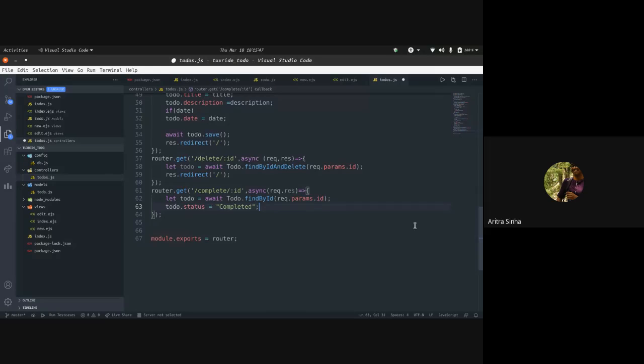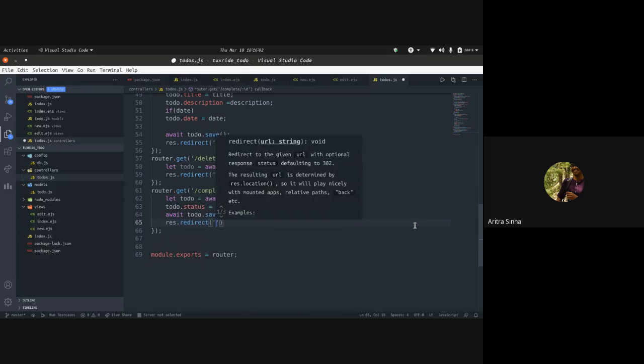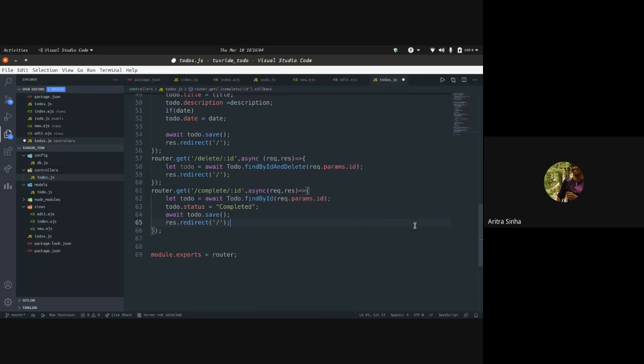Okay, this will do. Await to do dot save to save it. After that we'll redirect to the main page to view the changes that we have made.